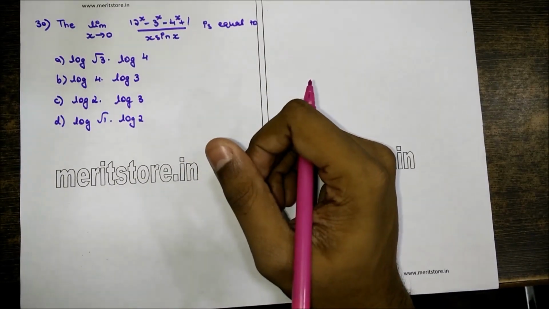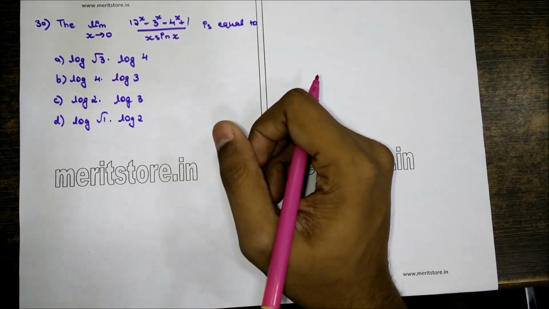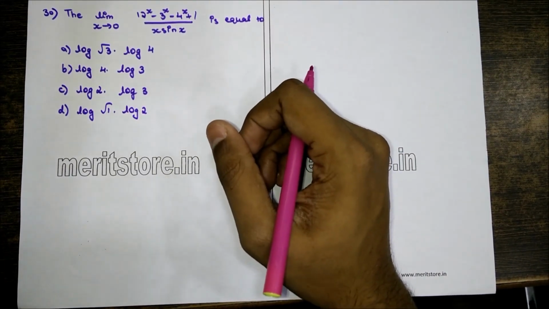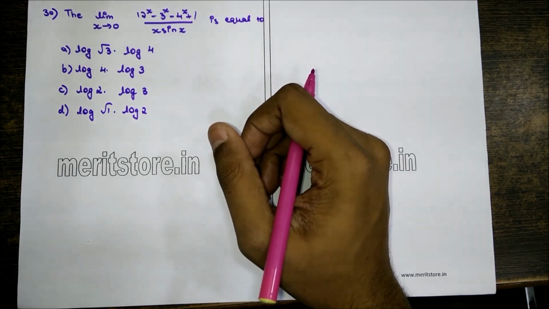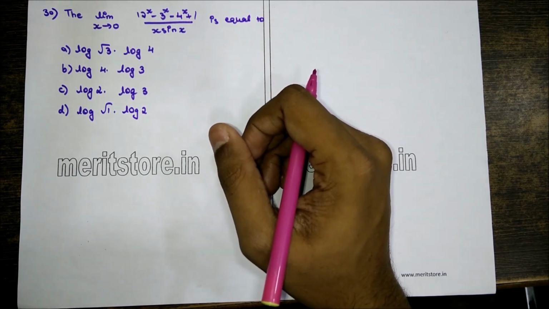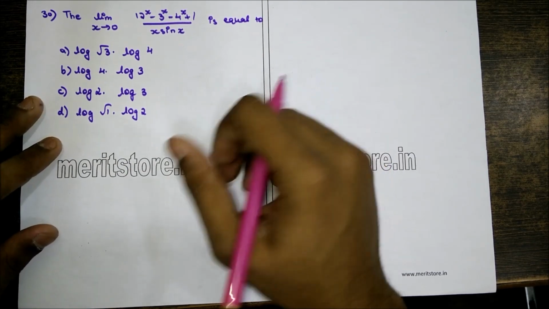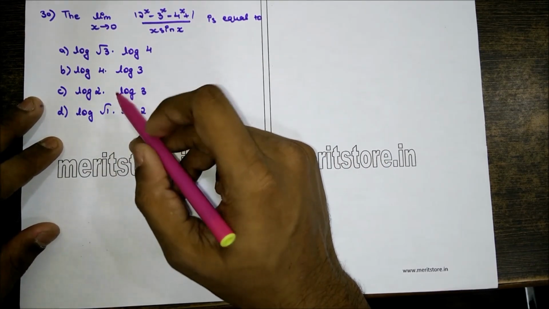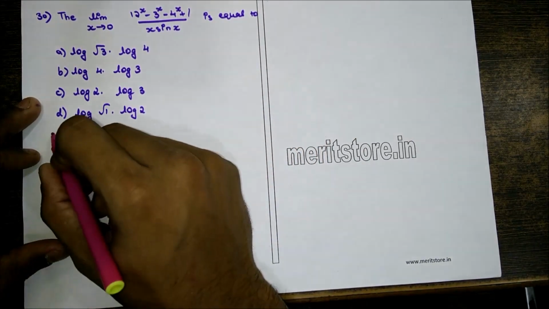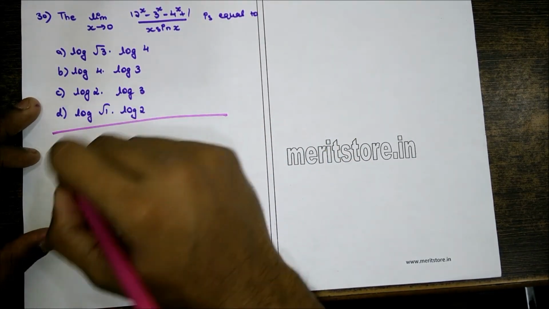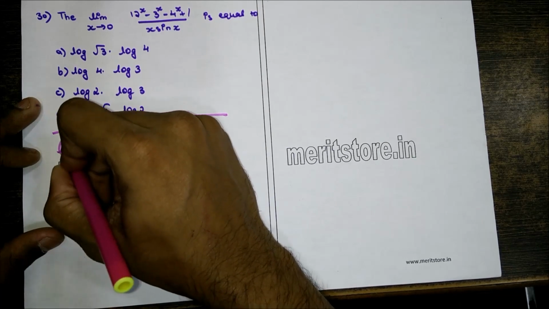The limit of x tends to 0, (12 raised to x minus 3 raised to x minus 4 raised to x plus 1) upon x sin x is equal to: a) log of root 3 into log 4, b) log 4 into log 3, c) log 2 into log 3, d) log root 1 into log 2. So therefore we could write it as limit of